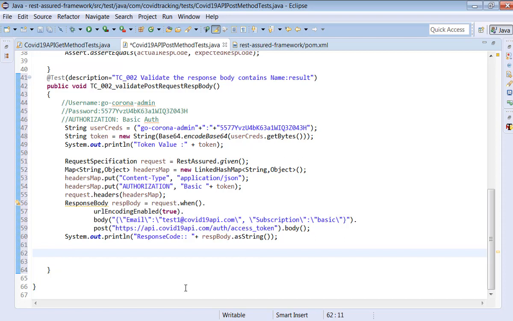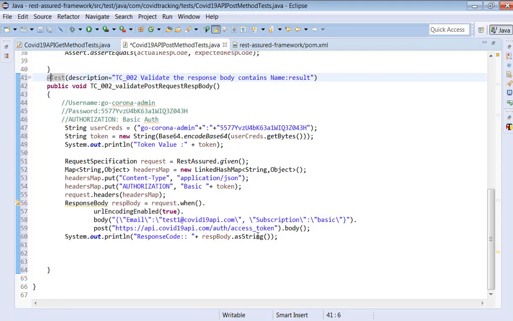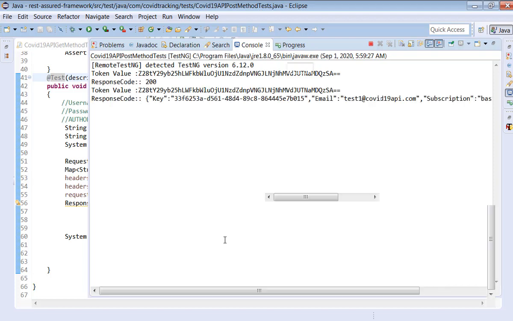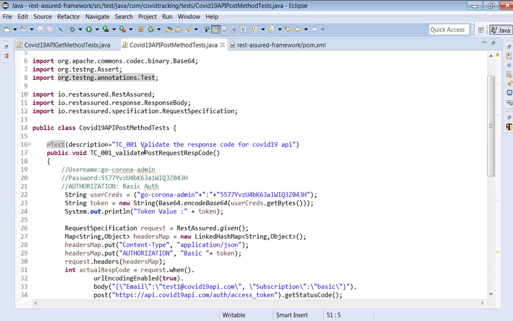And as of now, we are interested to execute only test case 002. Okay, so let me right click and run as TestNG test. Okay, one second, let's do one thing.